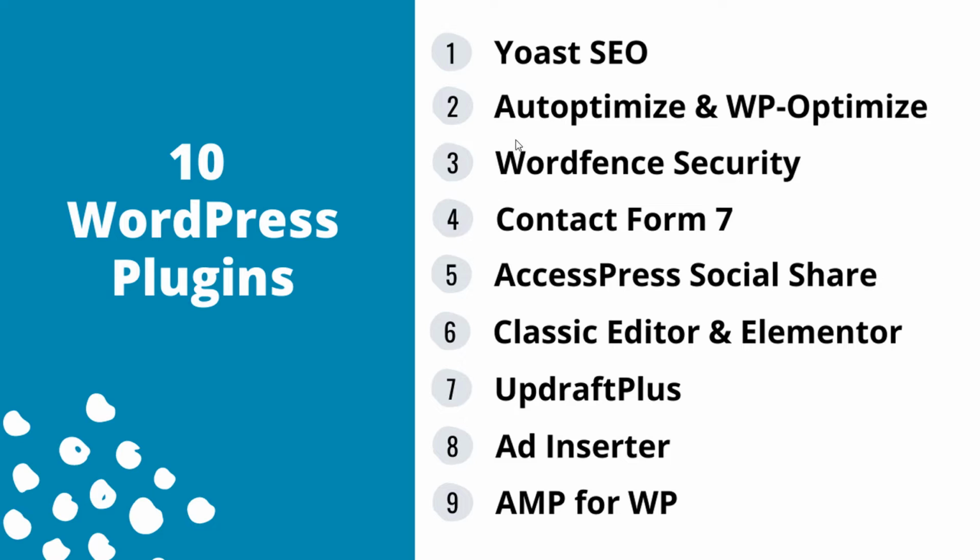Now, it's only showing 9 here, but Auto-Optimize and WP Optimize are 2 separate plugins that can work together. So you can see that's actually 2 separate plugins, and then the rest, there's 9, and then here's your 10th. So WordFence Security,